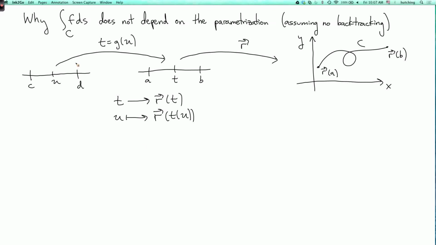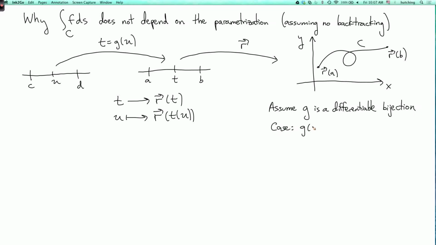Now, I need to make some assumption here. I need to assume that my reparameterization is not going to introduce some backtracking. So the formal way to say this is I'm going to assume that g is a bijection. And also I want it to be differentiable. So integrals with respect to arc length need the parameterization to be differentiable, otherwise the definition of the integral doesn't make sense. So there are now two cases. The first case